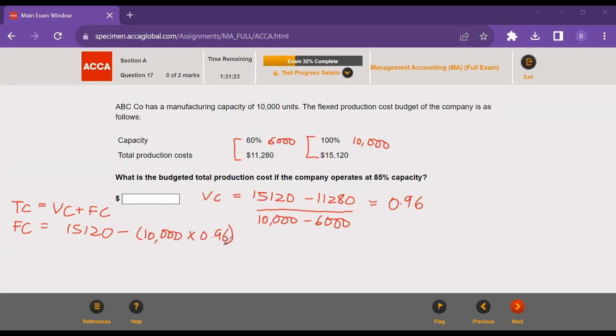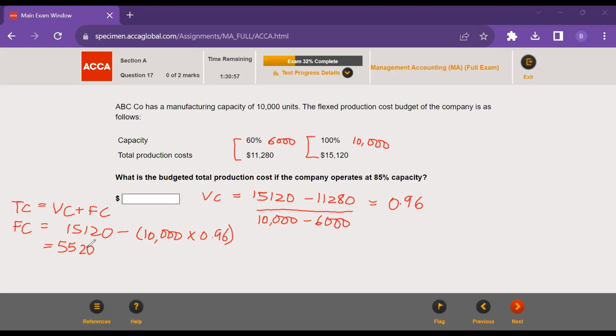So I will find out that my fixed costs are 5,520. Right. So now we have to find out the total production cost if we are operating at an 85%